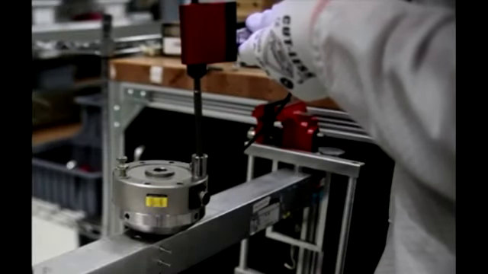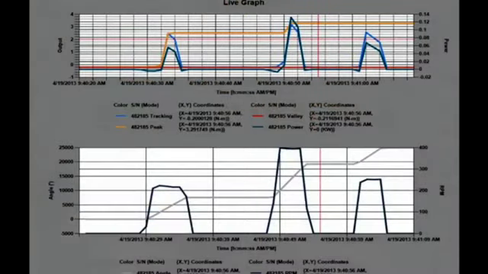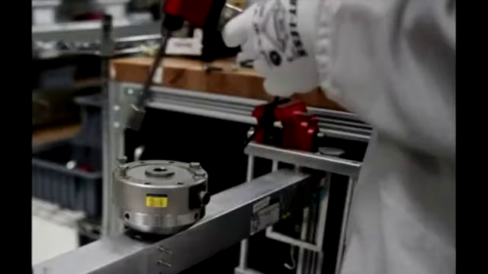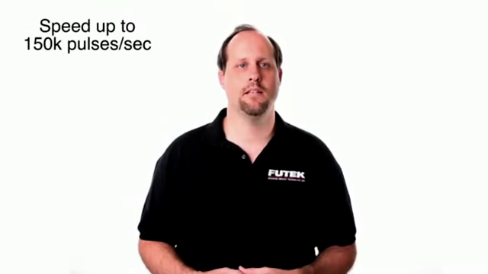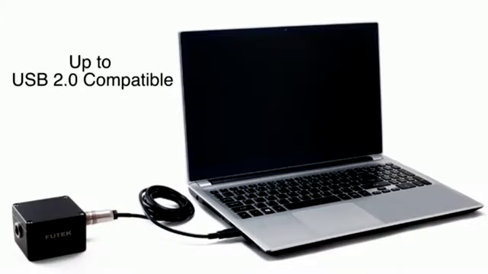Additionally, both USB devices have the ability to work with encoders, such as those in our TRS 605 rotary torque sensors that can be used to measure RPM and angle. Both offer quadrature readings up to 150,000 pulses per second for speed and up to 10,000 pulses per rotation for angle measurements. To use the USB 520 or USB 530, simply plug it into an available USB port and start